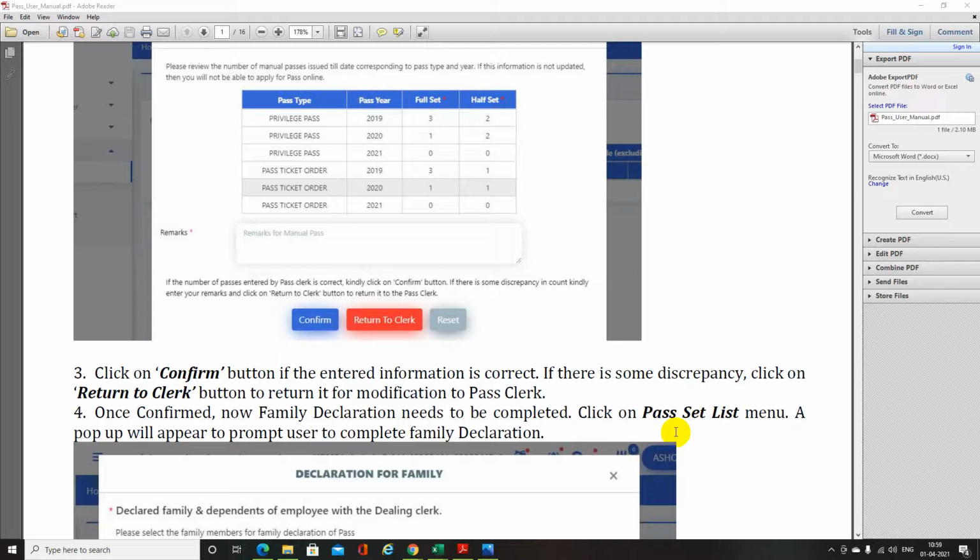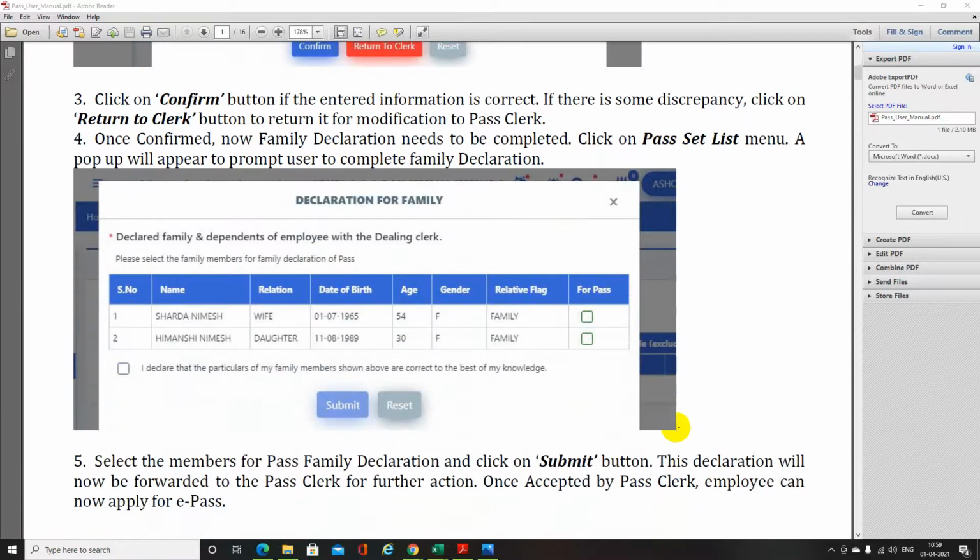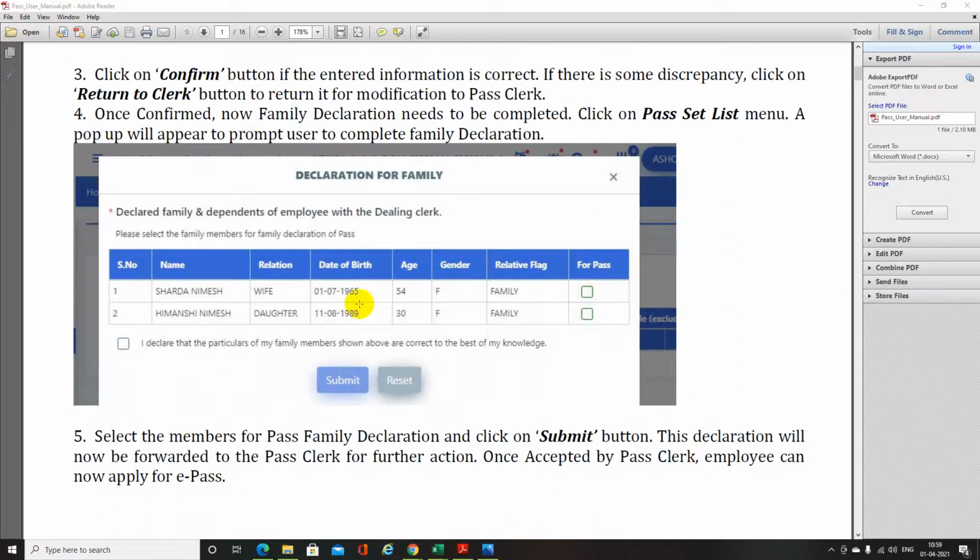Once confirmed, the family declaration needs to be completed. Click on the pass set list menu. A pop-up will appear to prompt the user to complete the family declaration. Here is the screen of the family declaration. The names shown are Sharoda Nimesh and Himangshi Nimesh.